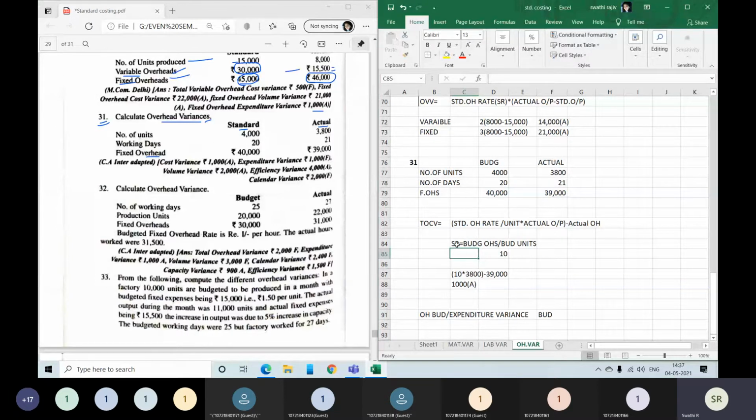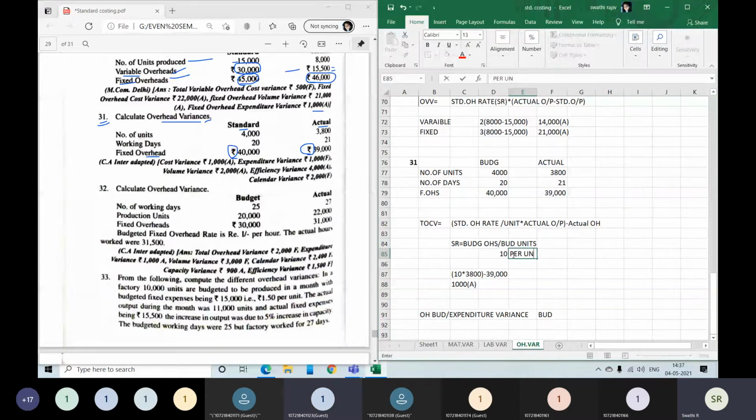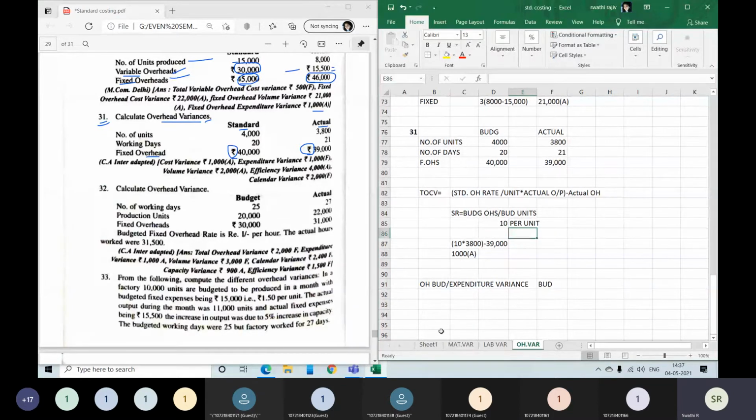So for finding the standard rate per unit, we take the standard cost, the total in rupees, which is why we call it cost or overheads, divided by how many units we thought we would produce. The total cost divided by the units gives you rate per unit. This is a direct formula. Once you find SR, it will help you in a lot of other formulas as well. Okay, this is one formula. This is your next one.